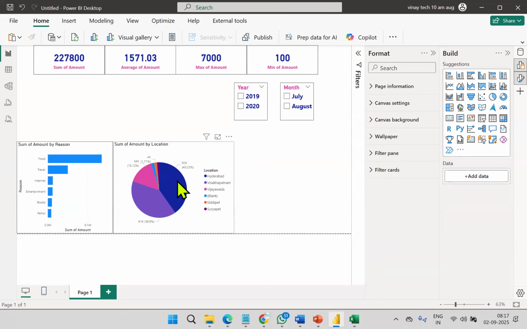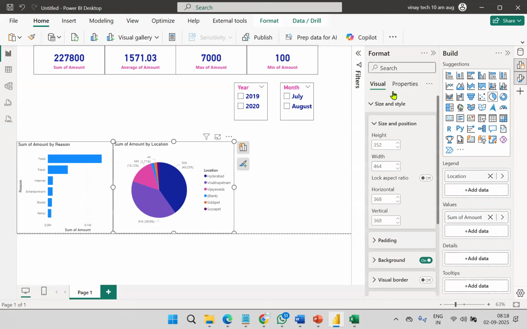Now if you click the cursor here, Hyderabad location 40%, Visakhapatnam 40%, Vijayawada 15%, and a blank 1%, Siddipet 1%, and Suryapet 2%, like this. Location is in percentage. Routine option again: highlight this, format, border on.